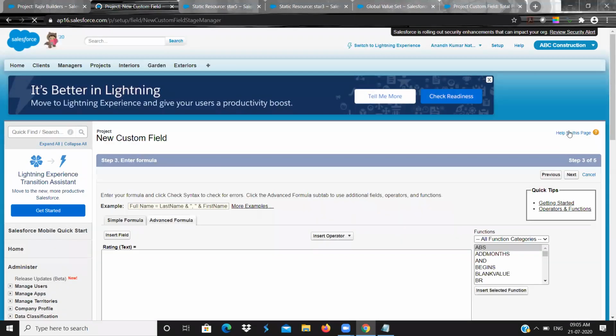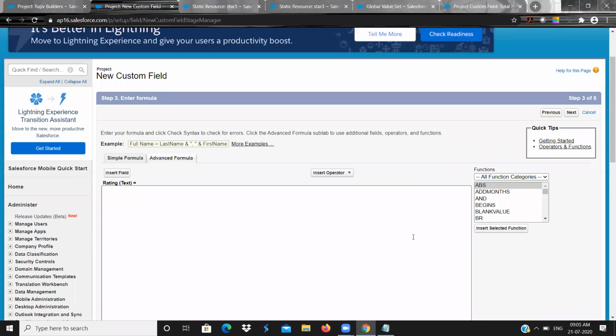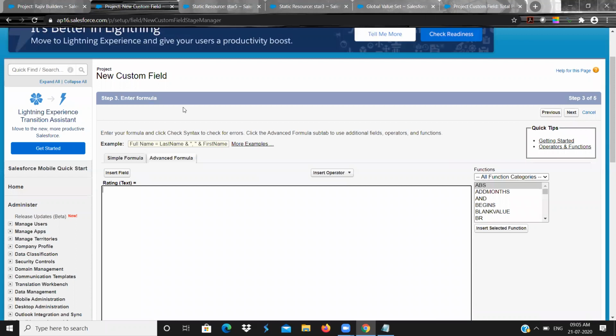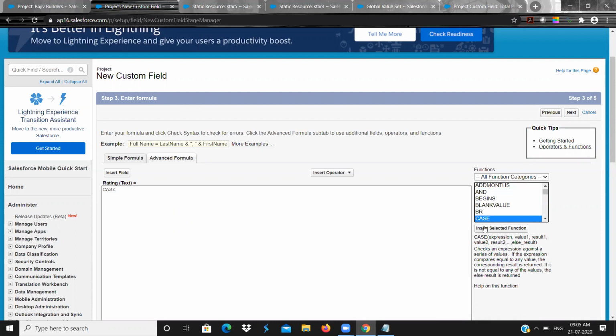So here we need to insert a formula. See, I wanted something like if rating equals 1, if rating equals 2. I wanted to use multiple conditions. I can go with IF, or I can go with CASE. You know, right, CASE, a series of expressions. If I want to evaluate a series of values, I can easily go for CASE.